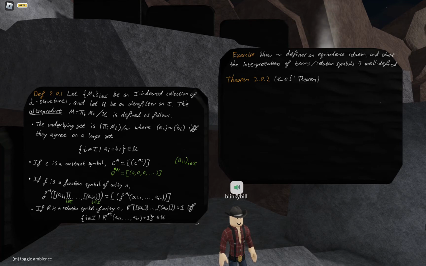Actually, I won't write this. I was just going to write let Mi be an I-indexed family of L structures, where L is your first order language, and then again U an ultrafilter on I. So that's the same as in our previous definition. So with that out of the way,